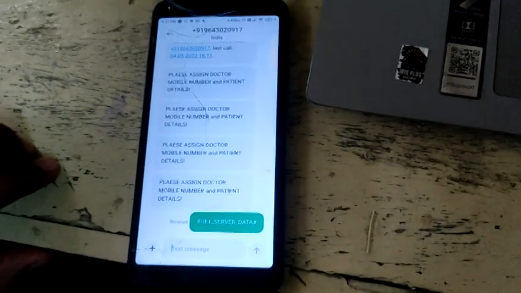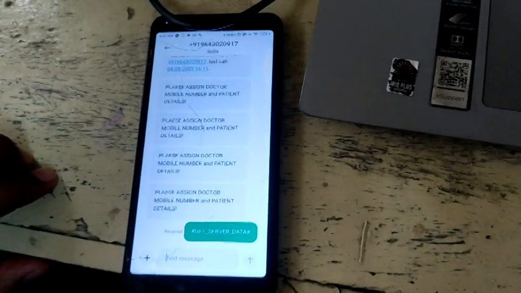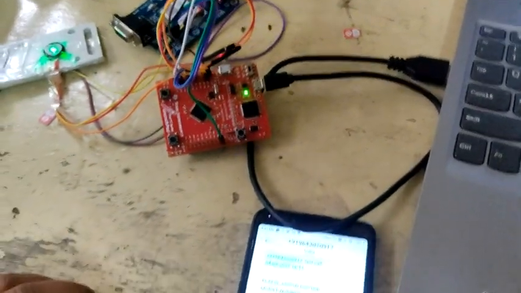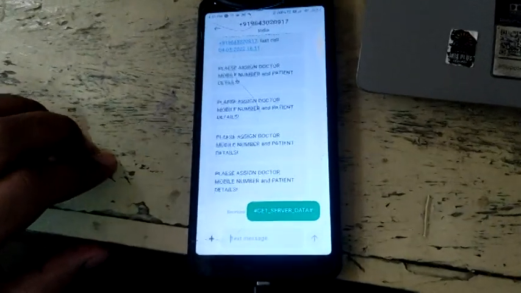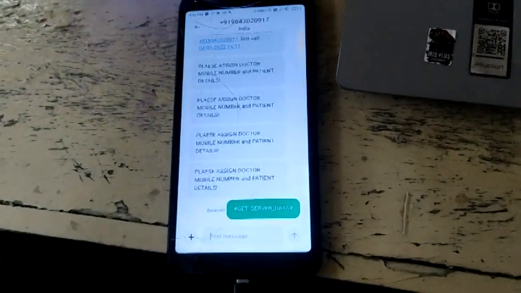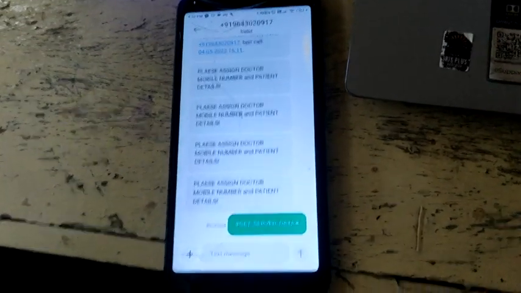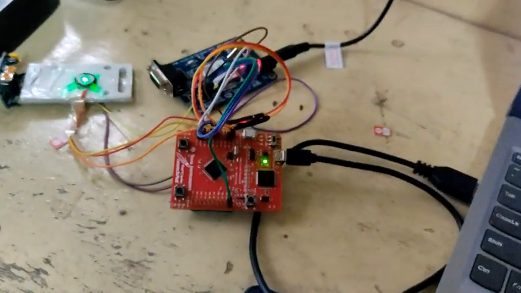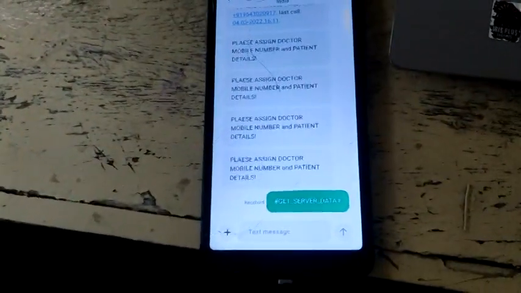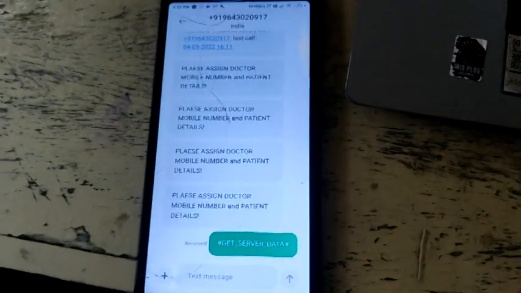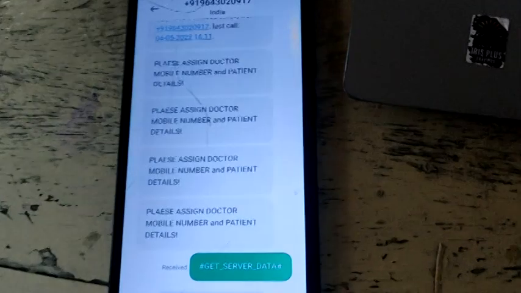First, all the server's data will be downloaded by our SIM 800 module, and Tiva will convert this data into readable text form, and the same data will be resent by our SIM 800 module to the doctor's number. So it will take around 20 to 30 seconds.